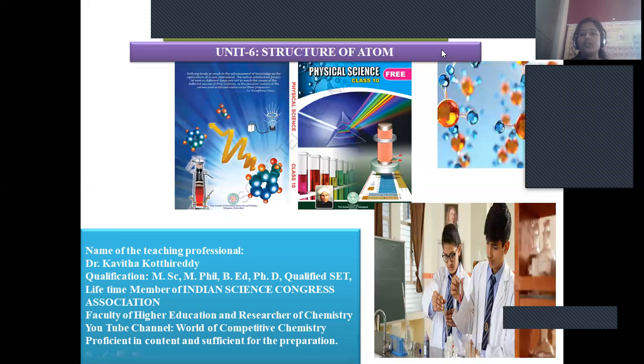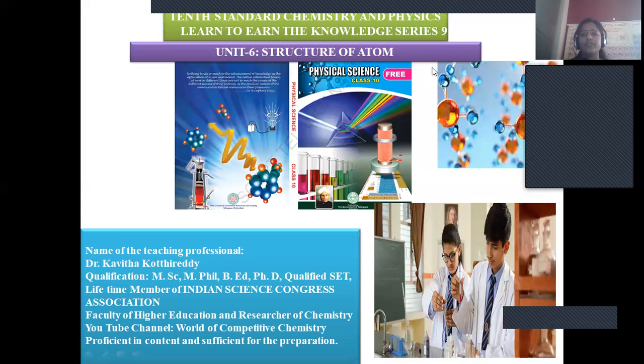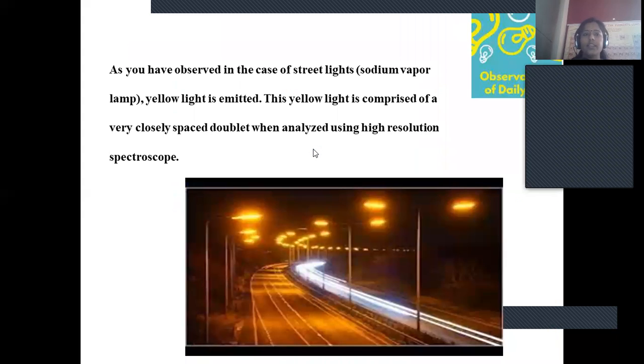In series number 9, we are going to discuss the important regulations for filling the electronic configuration. Especially, we are focusing on the filling of electrons in accordance with the different kinds of protocols. Those are the things going to be discussed. By series number 9, the entire chapter of Unit 6 is going to be completed. Let us enter into today's concept.